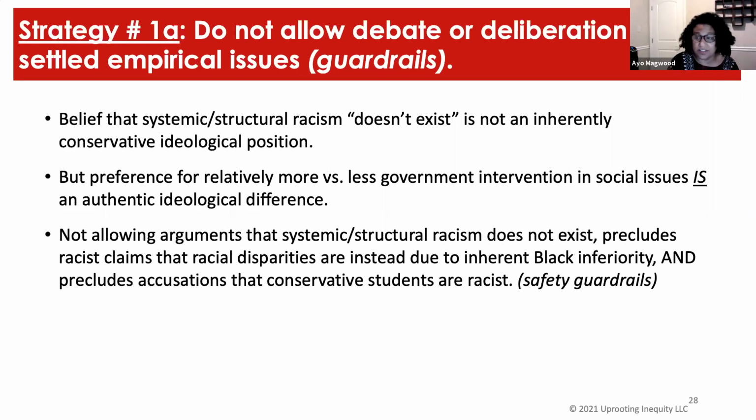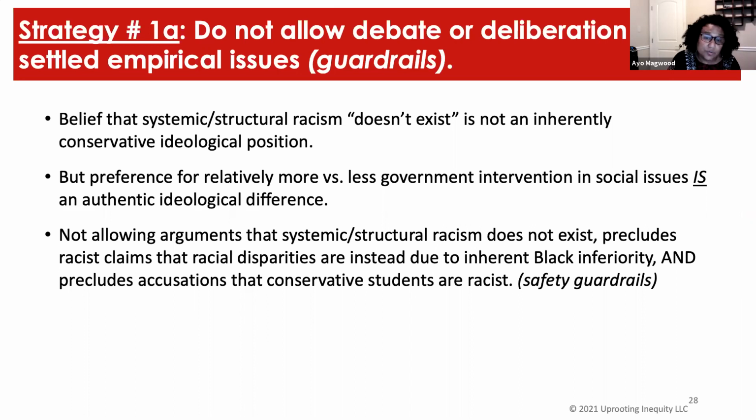typically occurs in a classroom. Okay, maybe 95, depending on the area. But most racist student comments that enter the classroom come from students claiming that structural racism doesn't exist, and then claiming that racial disparities are instead due to inherent Black inferiority, right? But you can't say that Blacks are genetically inferior anymore. So you say that we have cultural racism, right? The belief that Blacks are culturally inferior.